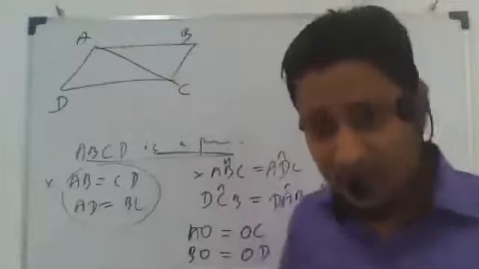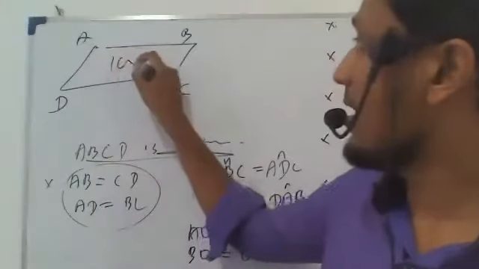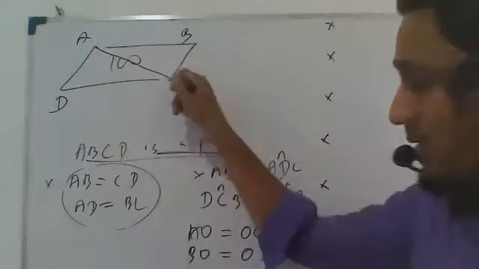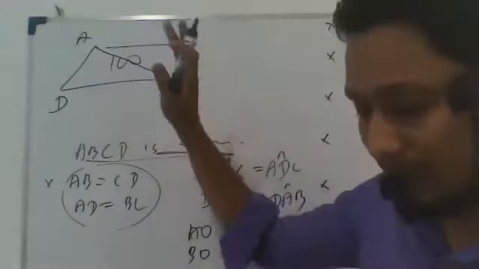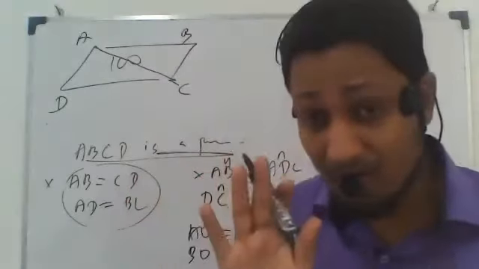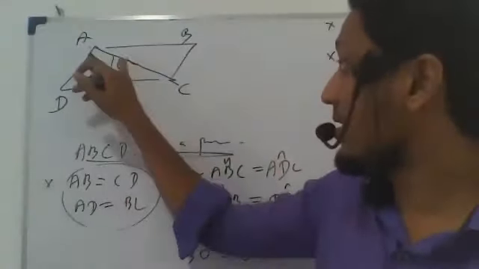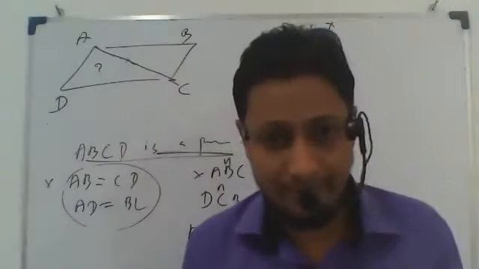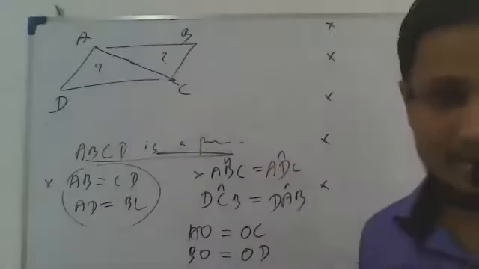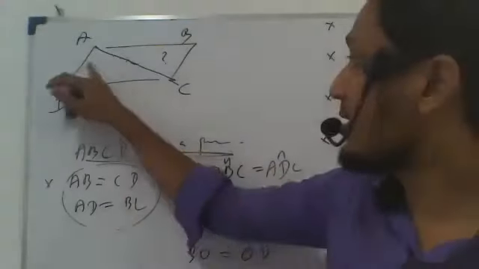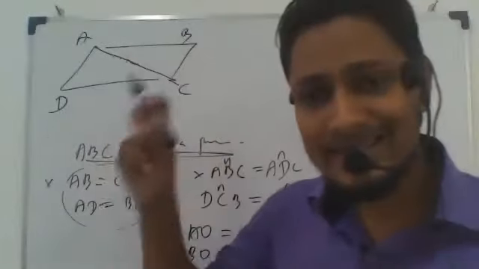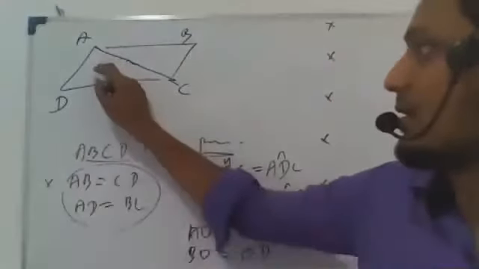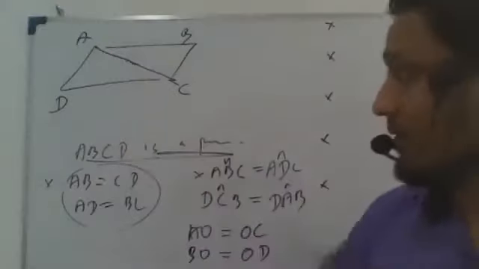So first tell me, if I'm given this parallelogram total area is 100, when I draw the diagonal, what will happen? What can you say about this side? 50. And what about this side? 50. If the total is 26 centimeters squared, this side is 13. 13.